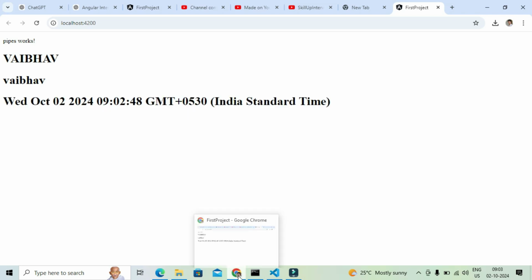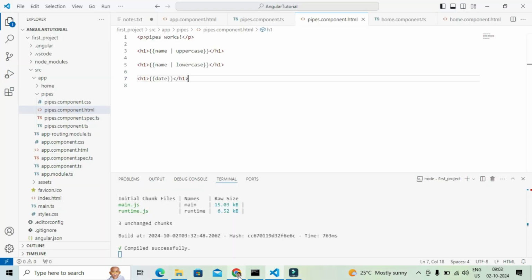But suppose this is a very in-depth date, time and all that comes. We want just a date, month and year format. In this case, we can add the pipe symbol on the date here, because we want that in a D, M and Y format.